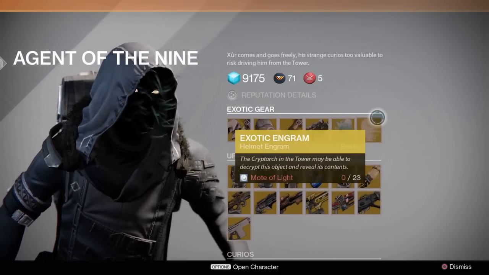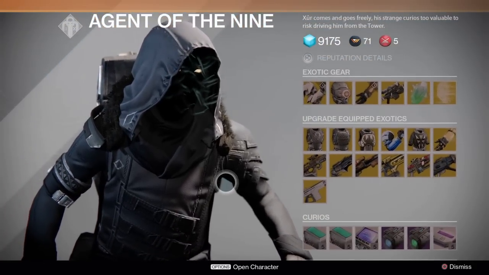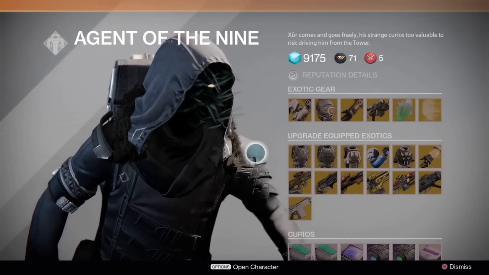And here we have exotic shards and exotic helmet engrams, always worth a little bit of a buy if you want to gamble. For the upgrades,